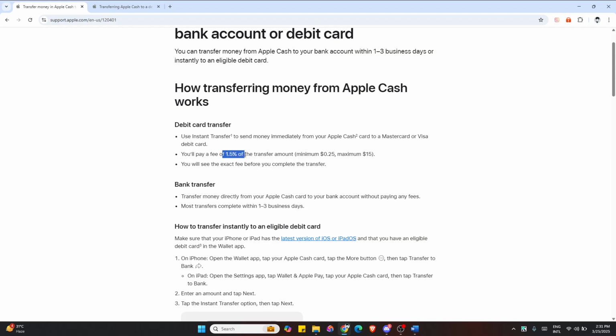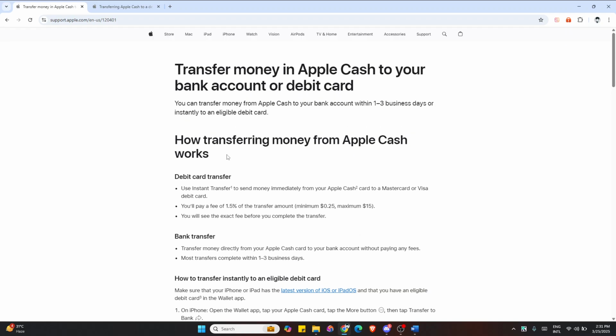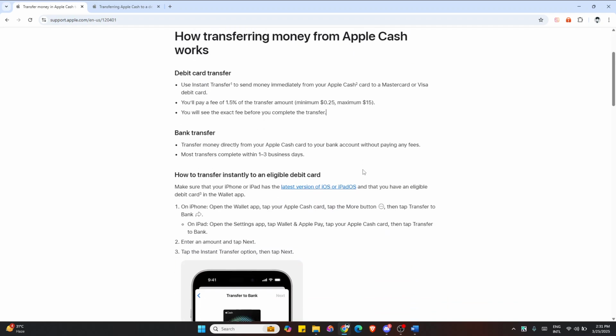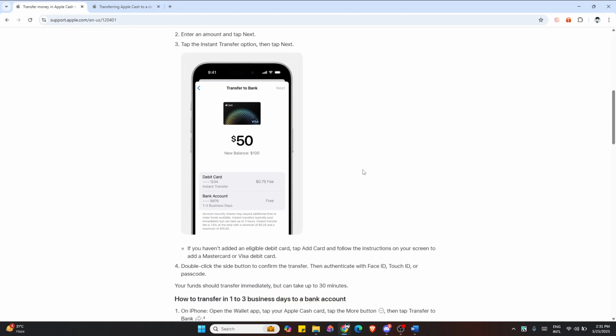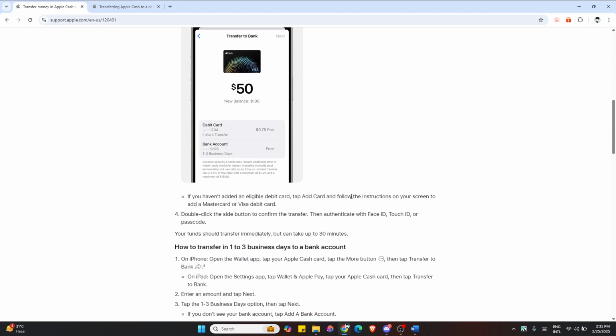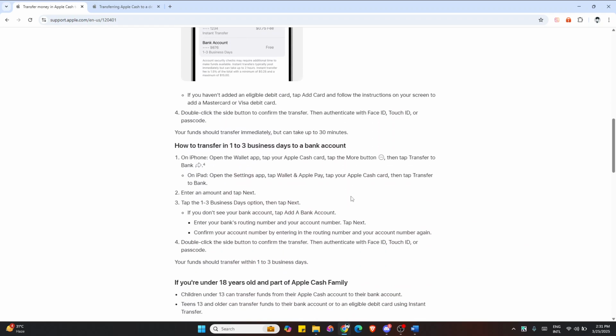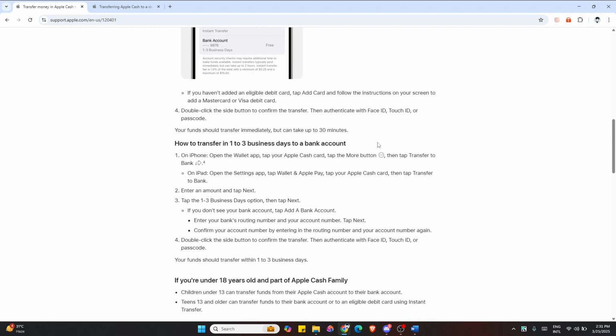which you need to pay a 1.5% fee of the transfer amount. So minimum 0.25, maximum $15. And if you haven't added one yet, tap Add Card to follow the steps to add a debit card on your wallet app. Then double click on the side button to confirm, then authenticate using your Face ID, Touch ID or passcode. Your money should transfer instantly to your debit card or within 1 to 3 business days